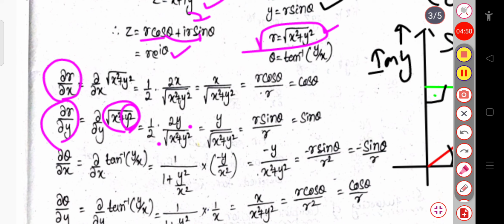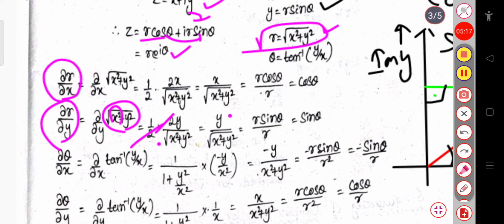because while taking the partial derivative, we are considering the derivative with respect to y. So we only have to calculate the derivative for the y component, and here the x component is constant, that is why the derivative of the constant is 0. So we have not considered the x² term. So this 2 gets cancelled, and y divided by √(x² + y²) remains.